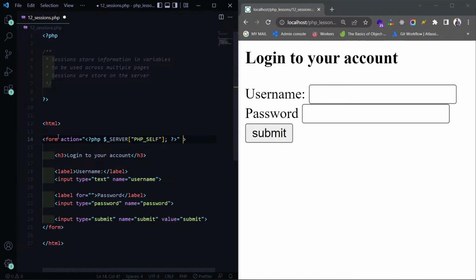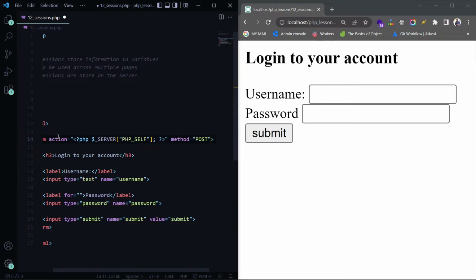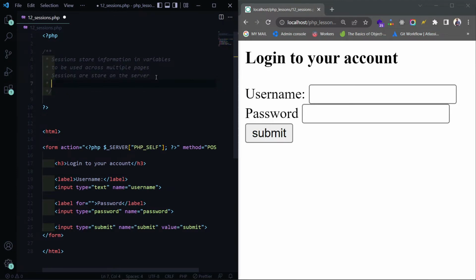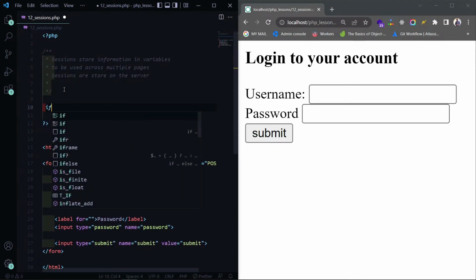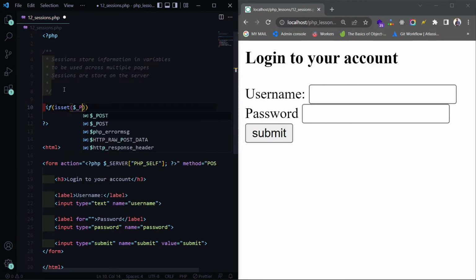Okay, we close that and we'll use the method of post. We know we are dealing with password stuff, so we don't want to pass that through our URL. So let's submit that and see. Okay, that is submitting to itself, so currently that is working. So let's process this login form. If it's set, $_POST submit,